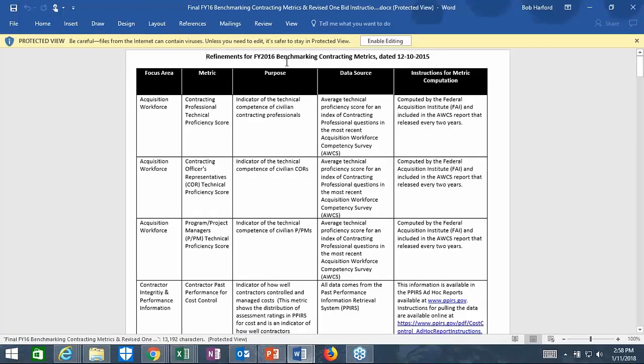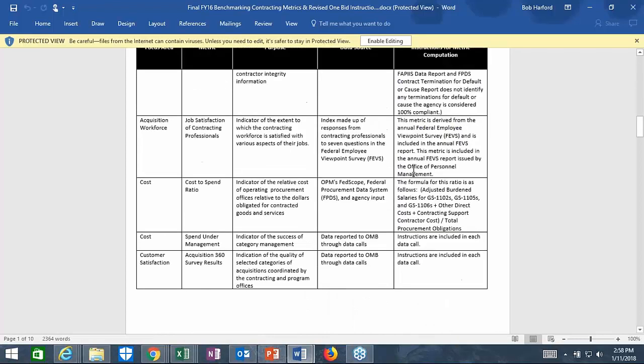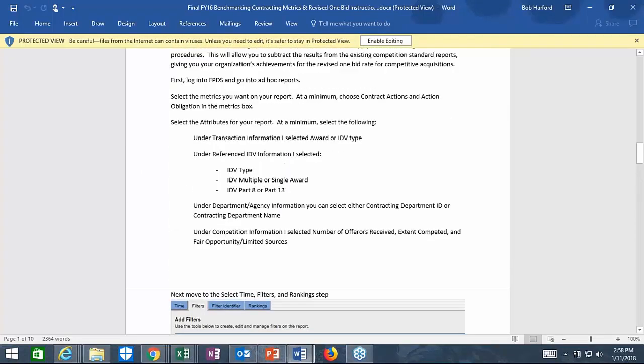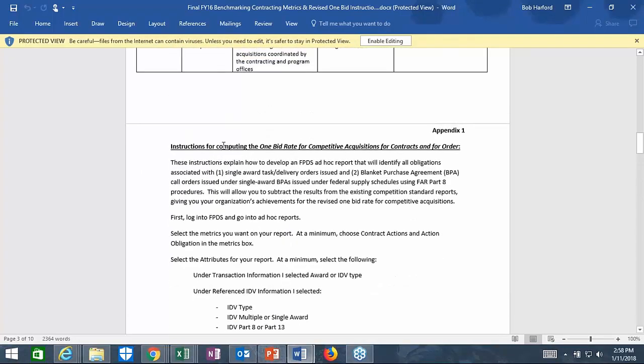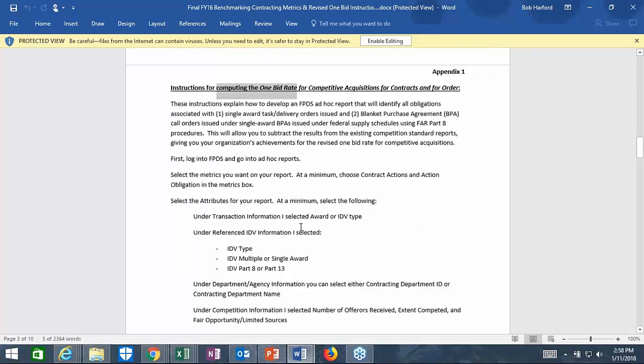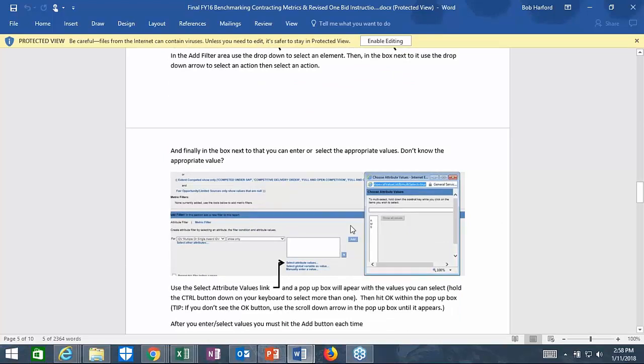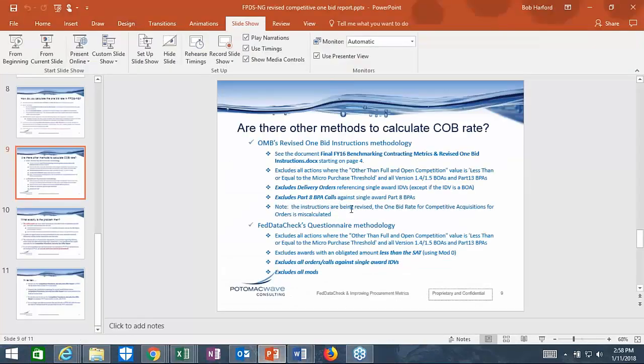Here it is, refinements for FY17 benchmarking contracts. And then starting on page 4, they go through instructions for computing the one-bid rate. And they go through some pretty complex instructions on how to use FPDS NG to calculate a number different than what we just went through. And what they were getting at